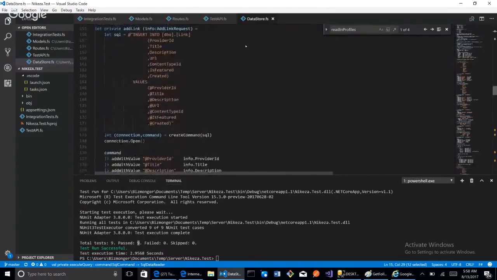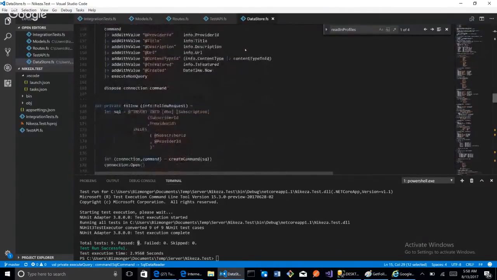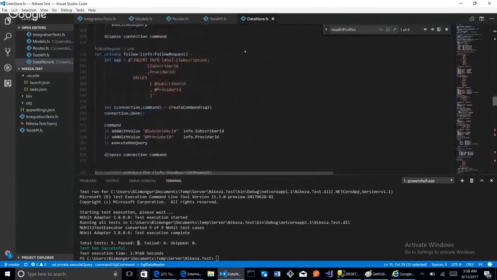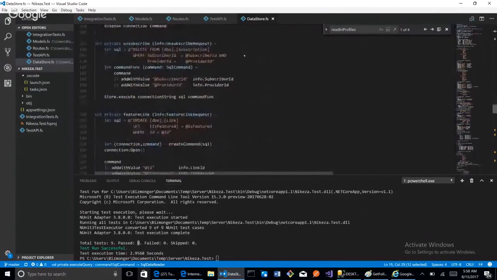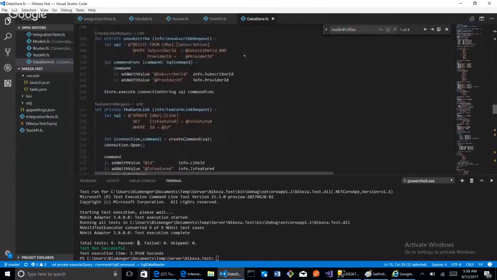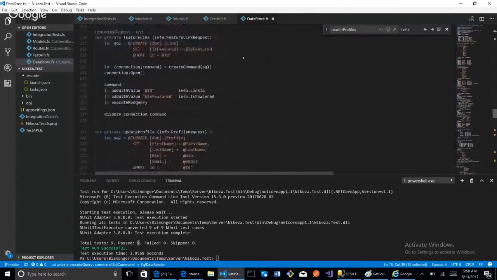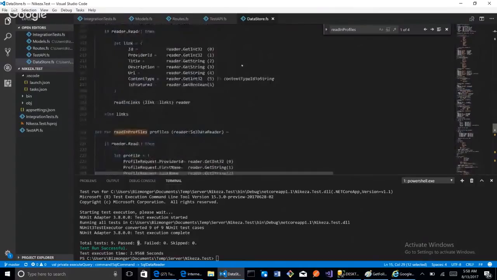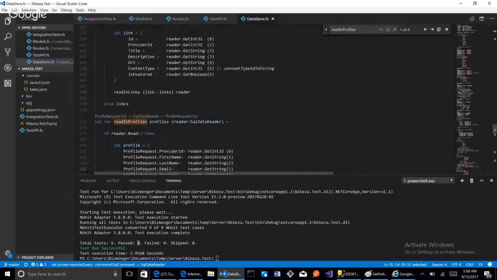Yeah, some methods for adding a link and following somebody and unsubscribing from that person that you recently followed because you recognize that, well, you don't like them anymore. And feature link and update profile, like all this stuff my integration test basically relies on. All right, so I talked about this Nikeza.test. All right, let's go to